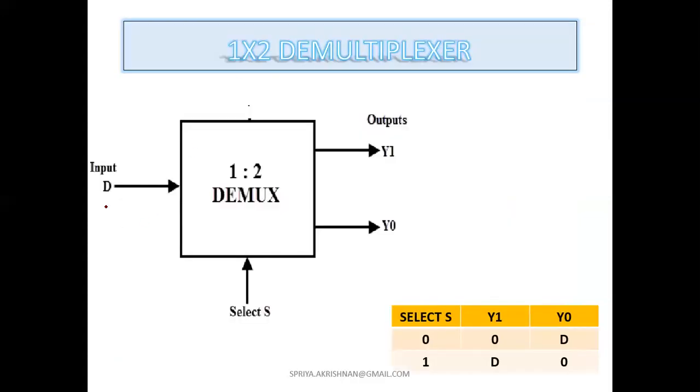So then it is demux. One input will be there and 2 power n outputs will be there. If the selection line is 0, what is present in the input will be passed to Y0. If the selection line is 1, what is present in the input will be passed to Y1. Okay. So that is the logic. In mux, we controlled the inputs, and in demux, we are controlling the output. We are selecting the output. In mux, we selected the input.